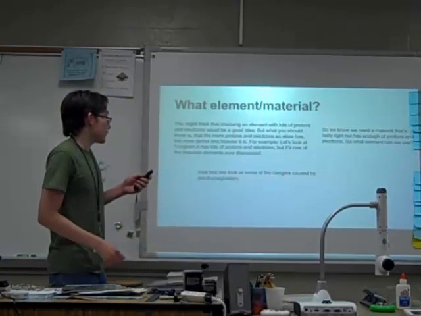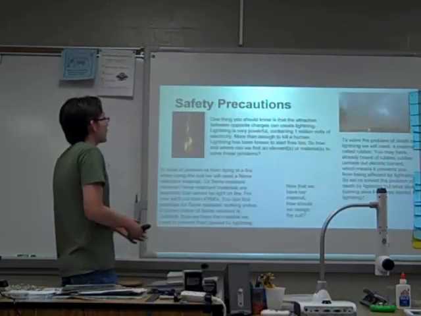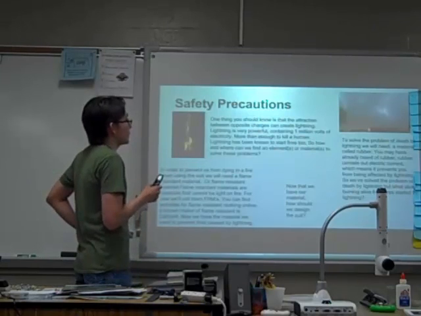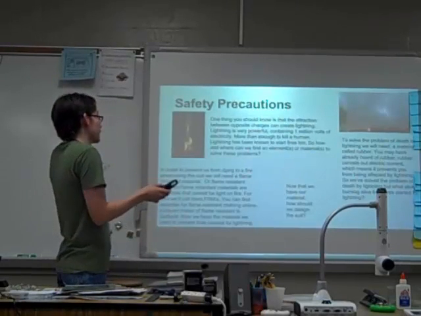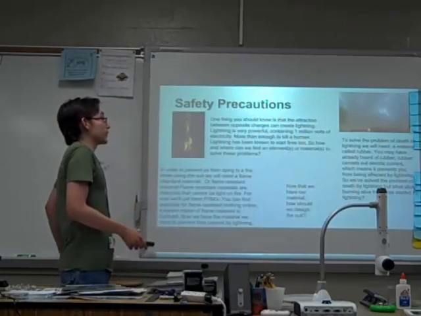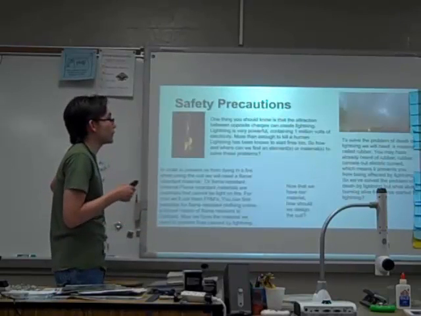Well, first let's look at some of the dangers that are caused by electromagnetism. One thing you should know is that attraction between opposite charges can create lightning. Lightning, as you should know, is very powerful, containing a million volts of electricity, more than enough to kill anything. And it's been known for starting fires too, so how and where can we find an element or material to